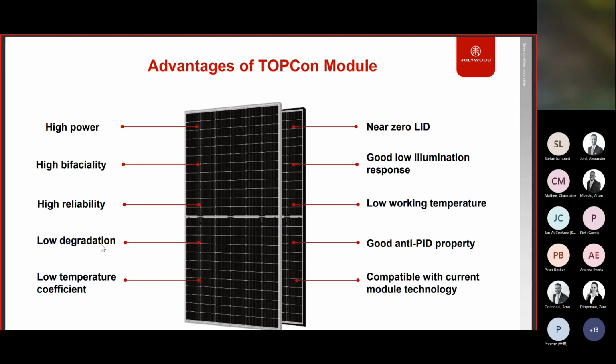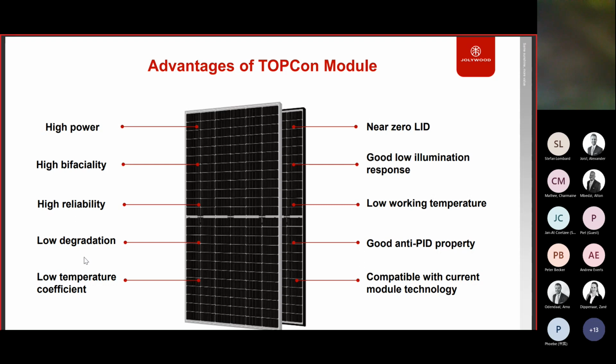For N-type TOPCon, because it's based on N-type solar cell technology, it has almost no LID and also very low LeTID. So for the first year, we can provide only 1% degradation for our customers. And for the annual degradation from the second year to the 30th year, we can provide 0.4%